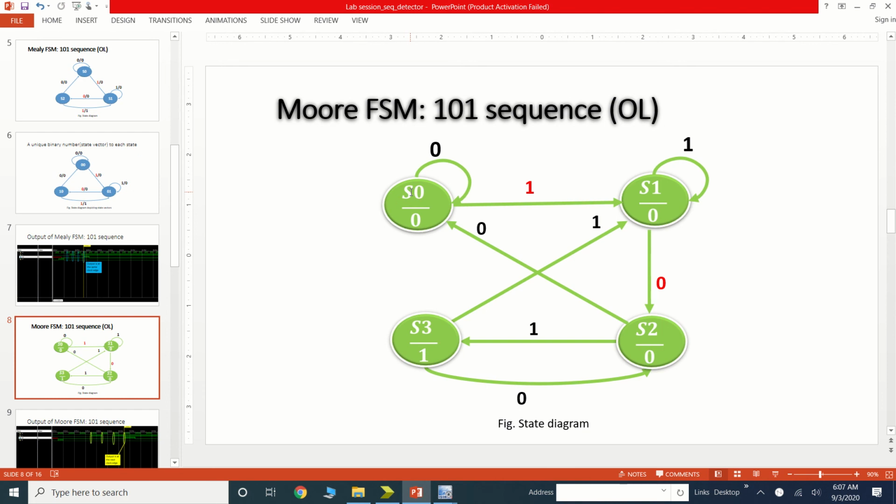So when we are at the S0 state and the input equal to 0, the output would be 0. Then when the input equal to 1, it will move to the next state S1. When we are at the S1, when the input equal to 0, it will move to the next state. And in this we have the S2 state and the input equal to 1, it will go to the S3. Here again it would be the 1, 0 and 1 sequence. So when we are getting this desired sequence, our output is 1. Now let's convert the same into the Verilog module.